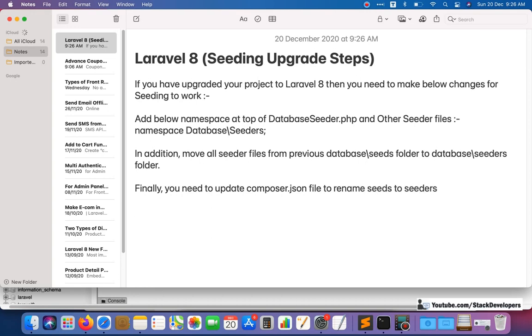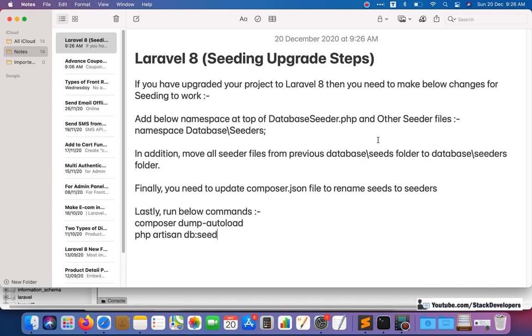And lastly, run the below commands, that is composer dump-autoload and php artisan db:seed. Okay, so these are the commands.